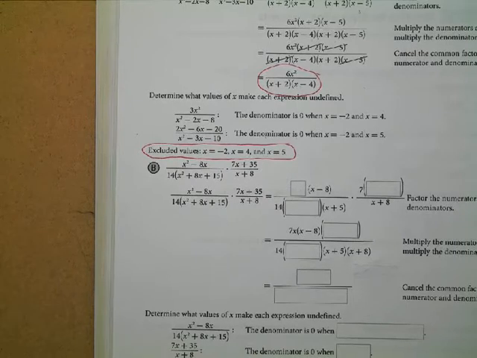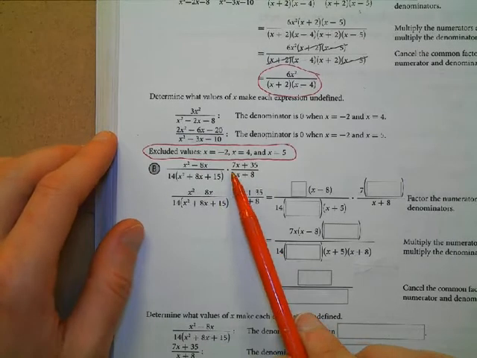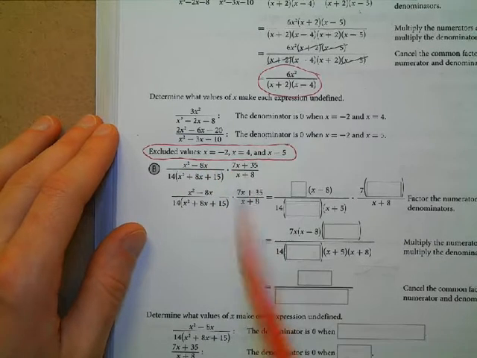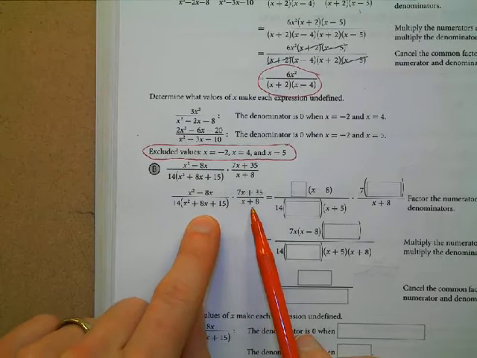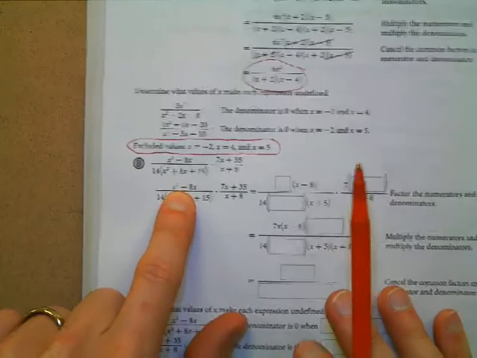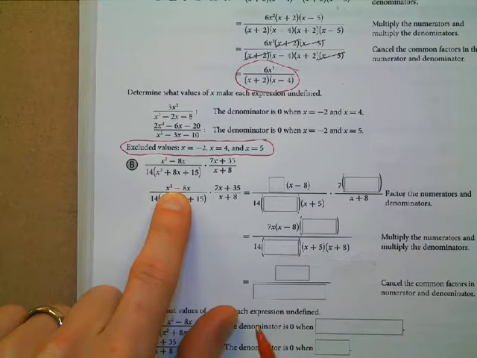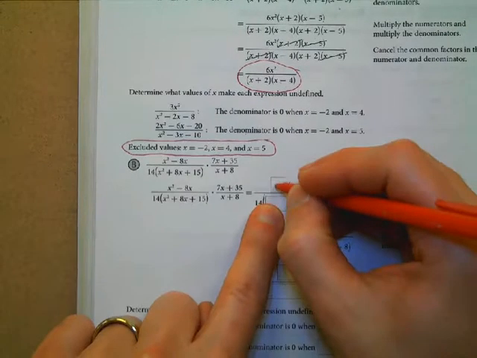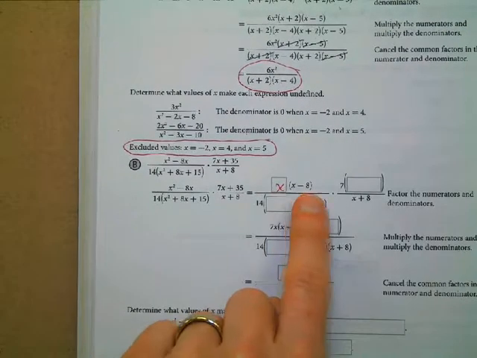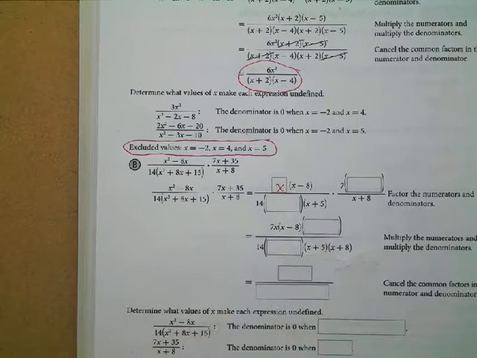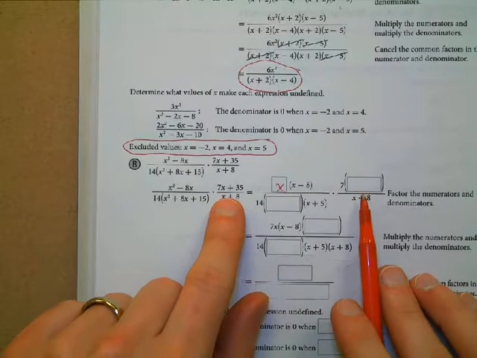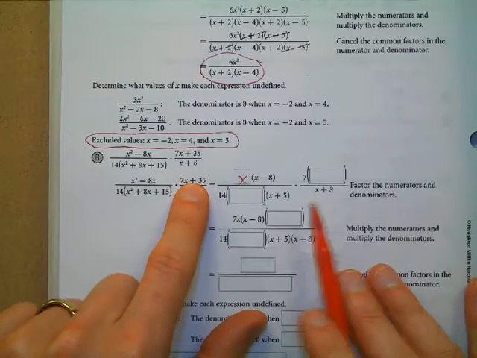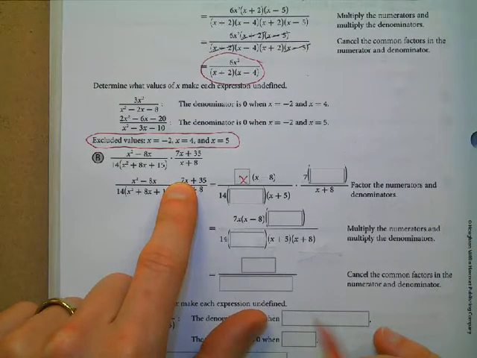You can see here, the x squared minus 8x, what can we factor out from there? There's a GCF of x. So in this little box here, we'll put an x. We pulled an x out, leaving behind an x and a -8. What about here? What can we factor out from the 7x plus 35? A 7. What's going to be left over, though? x plus 5. Here, there was already a 14 factored out, so we can leave that 14 factored out,